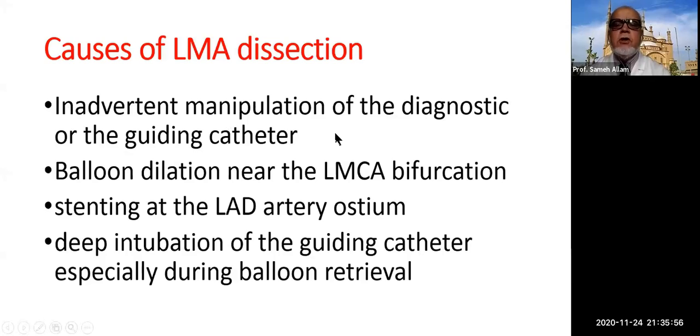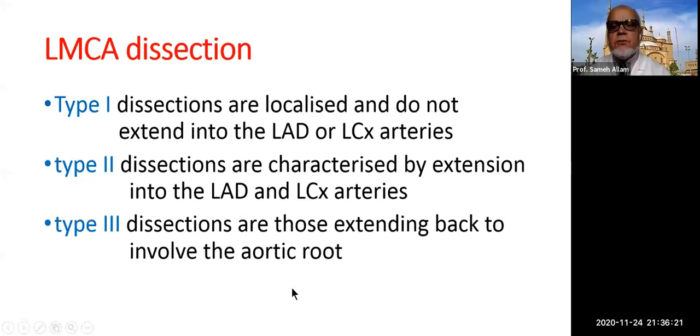Inadvertent manipulation of the diagnostic or guiding catheters, balloon dilatation near the left main coronary artery bifurcation or at the ostium of the LAD, and deep intubation of the guiding catheter, especially during balloon or stent advancement or retrieval, are the precipitating factors that may lead to left main